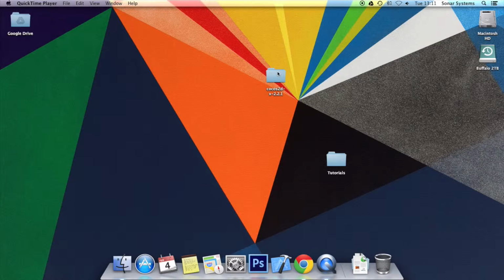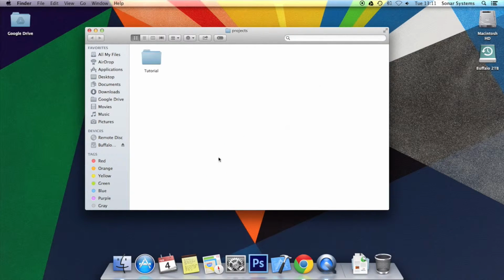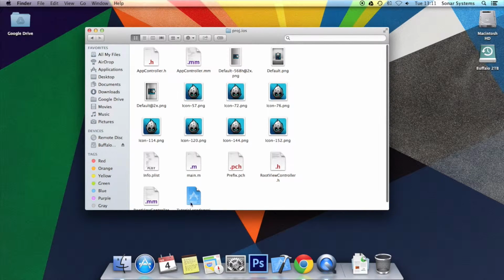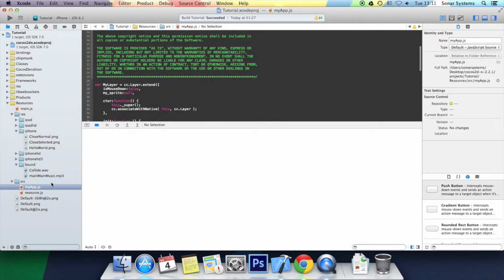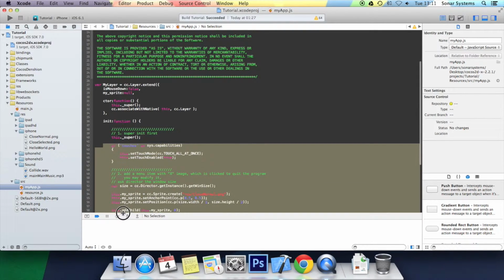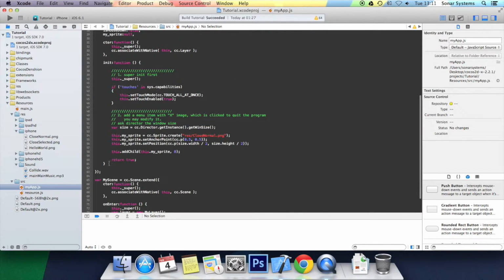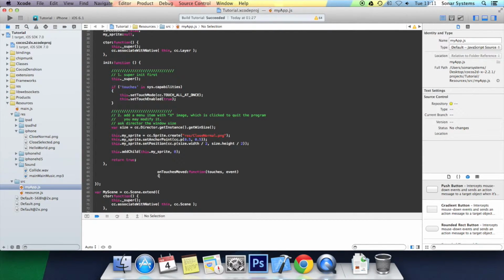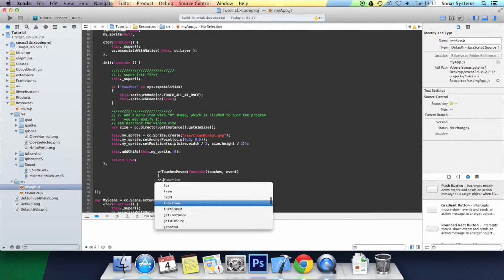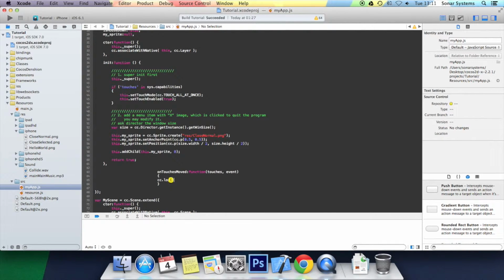So I'm just going to open up the source code from tutorial 34. Once it's open, you want to go to myapp.js and add another function, comma. This is a built-in function called onTouchesMoved, colon, function, open bracket, touches and event, close bracket, and inside we're going to put cc.log, open bracket, close bracket,